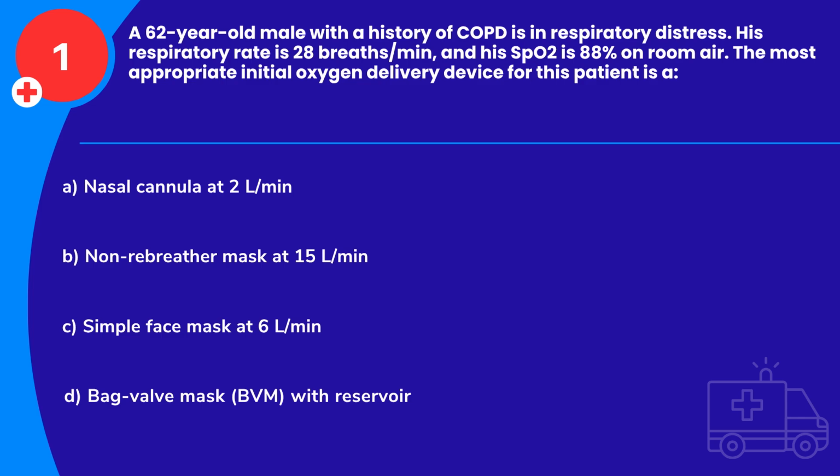Question 1. A 62-year-old male with a history of COPD is in respiratory distress. His respiratory rate is 28 breaths/min, and his SpO2 is 88% on room air. The most appropriate initial oxygen delivery device for this patient is